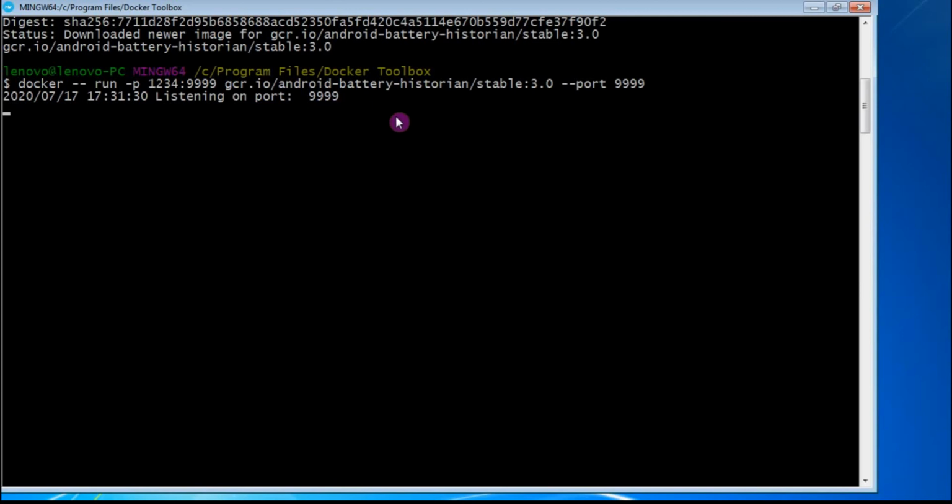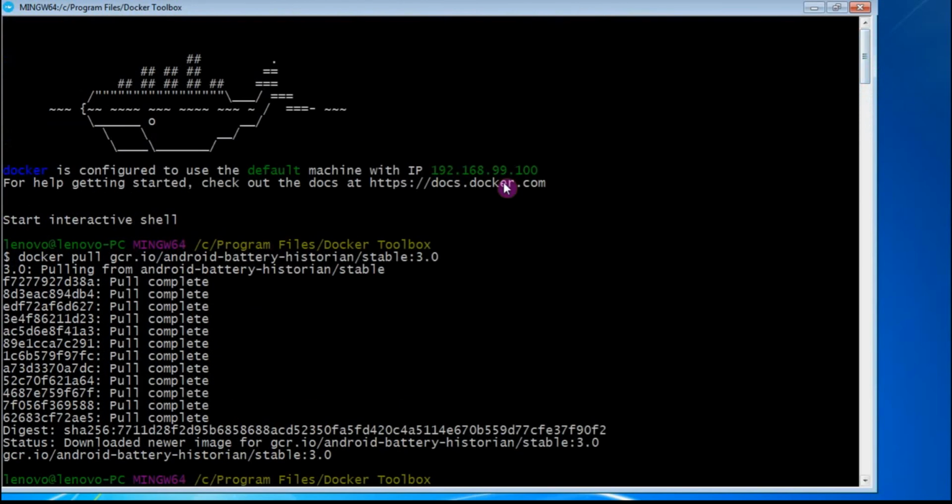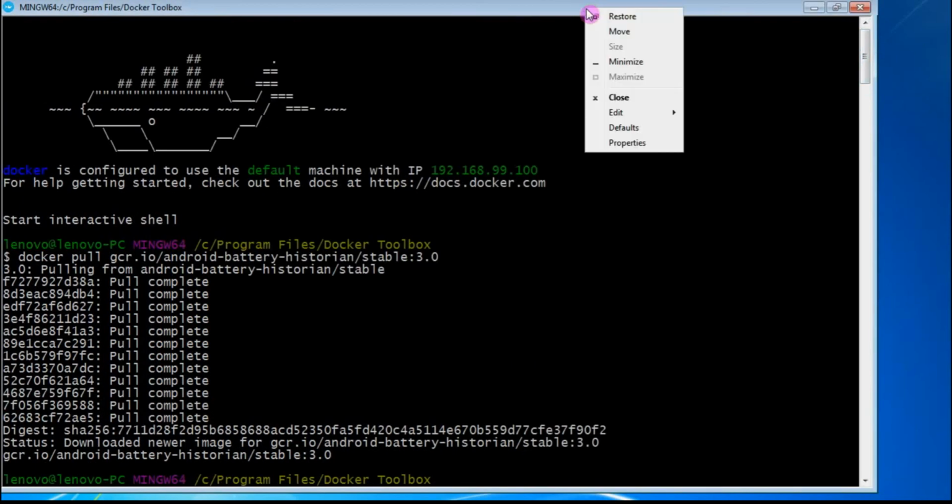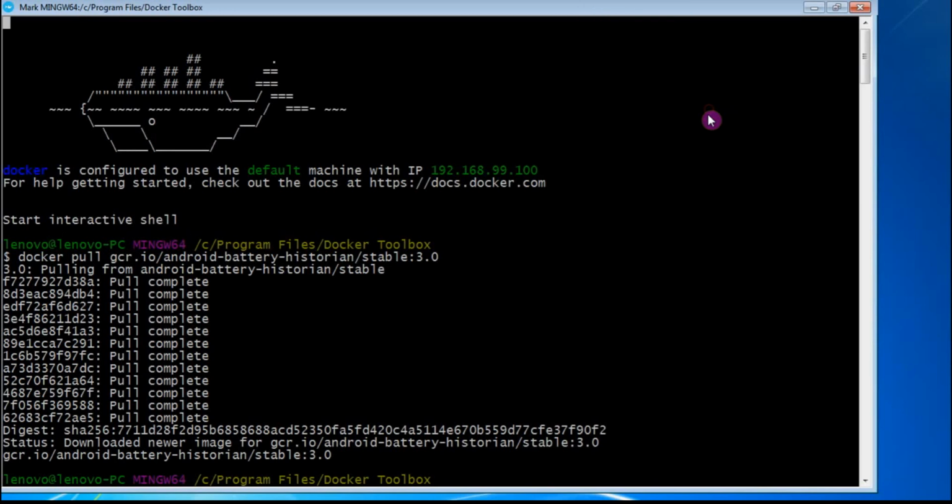To check whether the Battery Historian web application is running or not, we will launch Battery Historian on our machine's browser. So just copy the IP address from Docker. We'll paste this IP address on our browser.